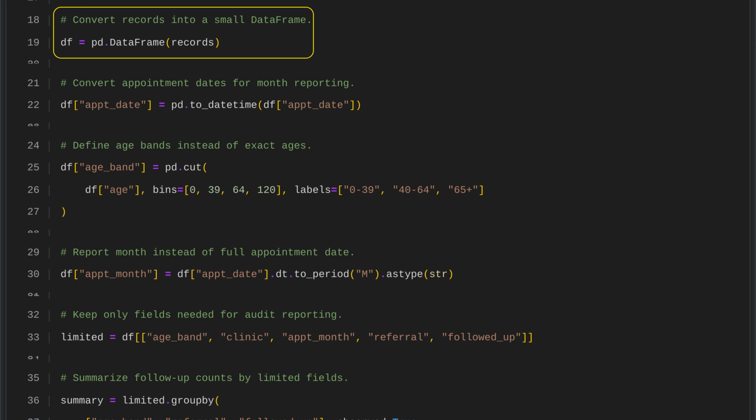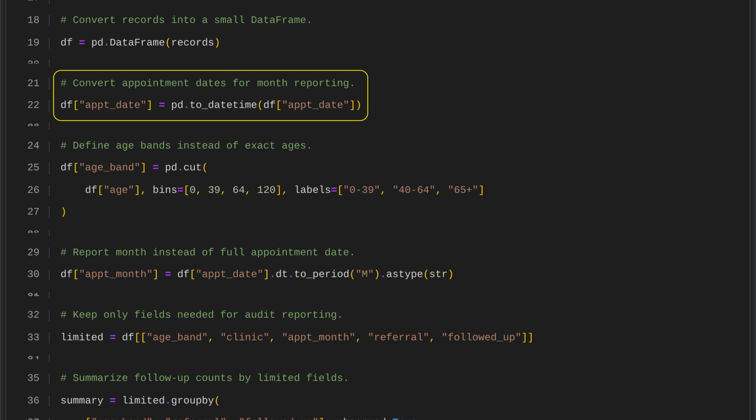First, convert the appointment records from a list of dictionaries into a pandas data frame. This makes the data easier to work with and prepares it for key analysis tasks, such as filtering, grouping, and summarizing. The code changes the appointment date column into a pandas date-time format. This makes it easier to work with dates, extract parts like the month, and summarize, group, or filter the data